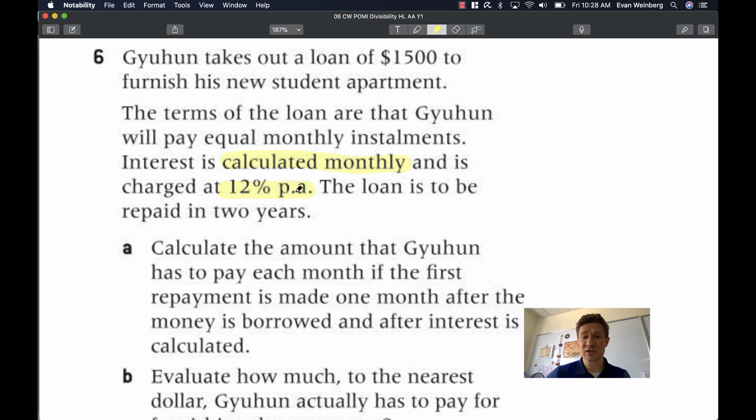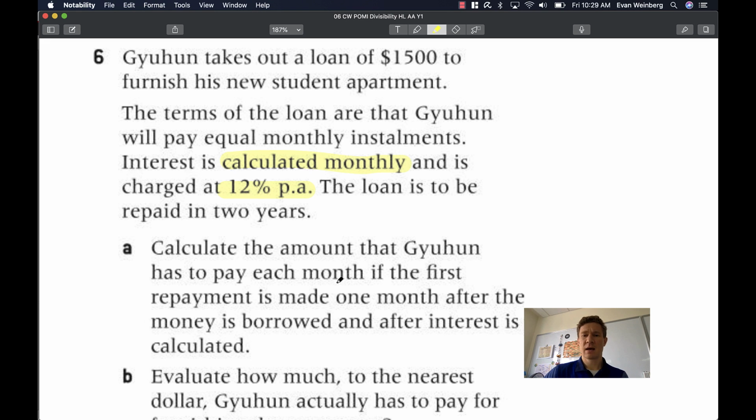We discussed that 12% per annum means 12% per year. So if the interest was calculated over the course of the year, then this would mean that at the end of 1 year, you would owe $1,500 times 1.12, which would give you the total amount at the end of that first year. But the complication here is that the interest is calculated monthly. That means every month you're going to calculate how much is owed and increase the amount that is owed by that amount. And what we discussed in class was that 12% per year in this situation really means 1% per